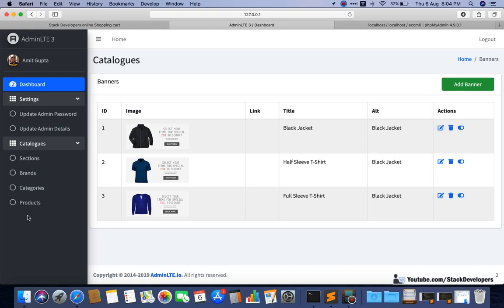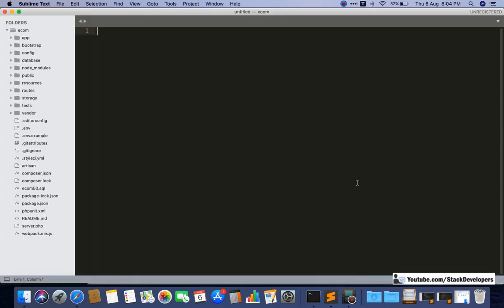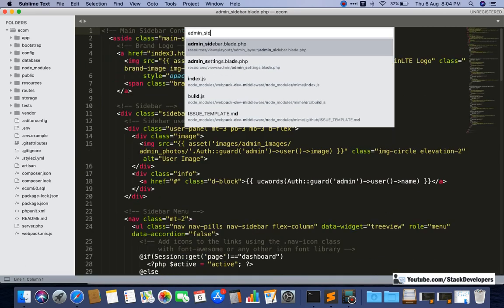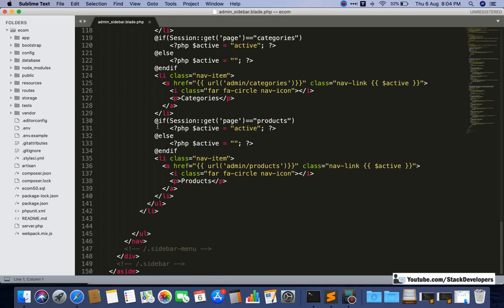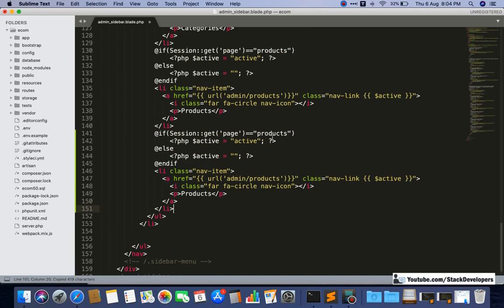First of all we will also show banners here, okay. We are going to add the banners at the left sidebar so that we are able to select it, okay. So let's open the admin sidebar, and in the admin sidebar you just need to go down and we can copy any of that code, okay. Here we just require to make it banners, and here as well, and we can give the link as well. Here we can give the link, banners, okay.